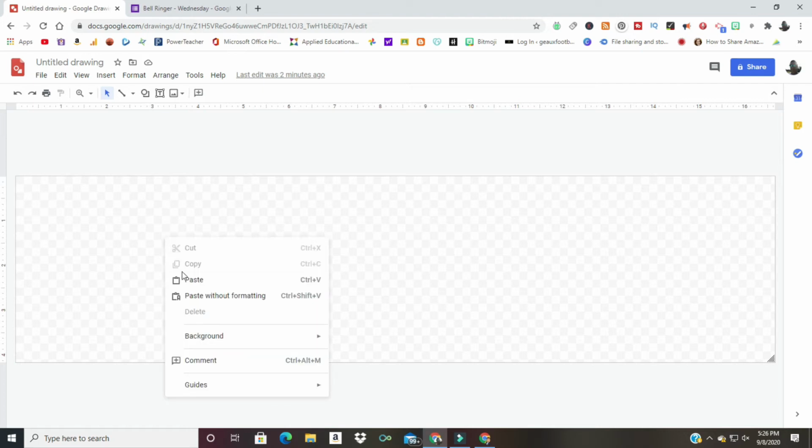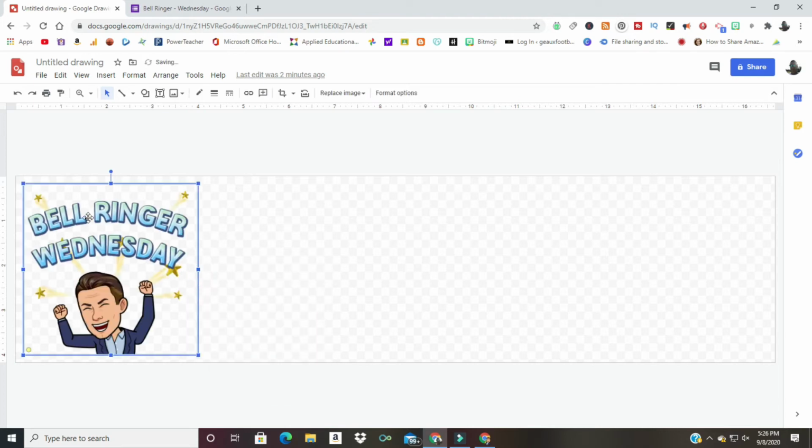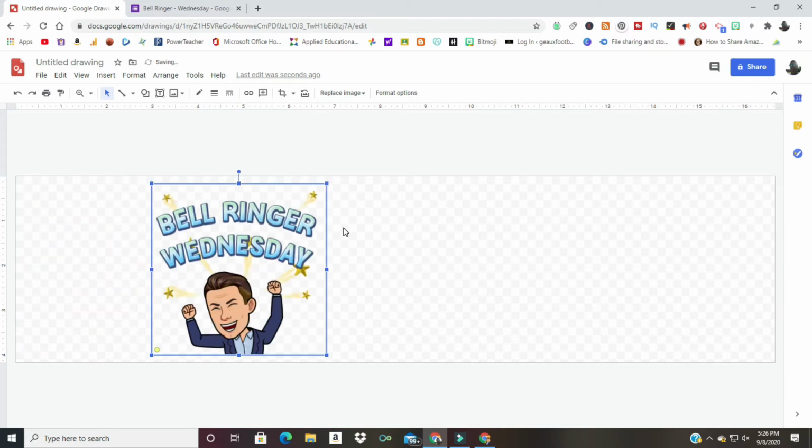and what I'm going to do is paste that right here. There we go. Great. Alright, so there's my Bitmoji man for Wednesday. That's supposed to be me. It's hard to make Bitmojis look like myself, in my opinion. Some people I've seen, they look exactly like them. But anyway,